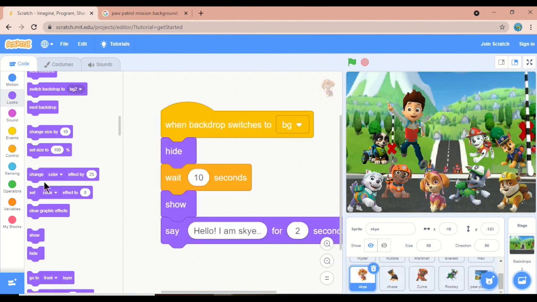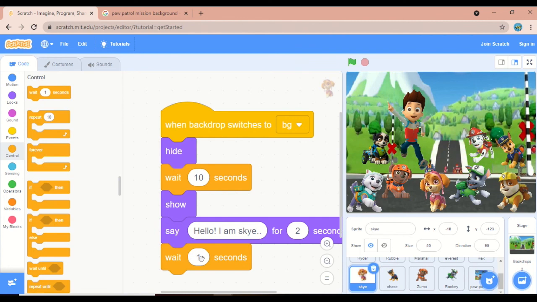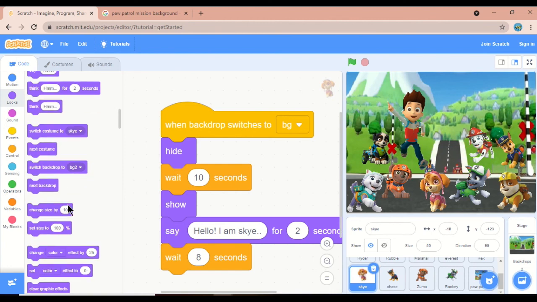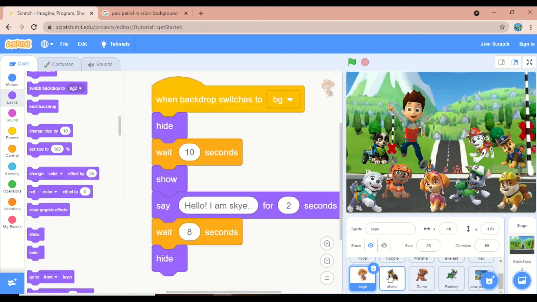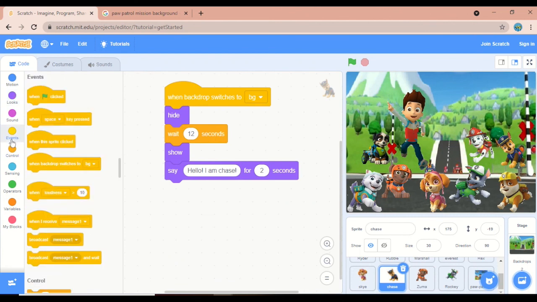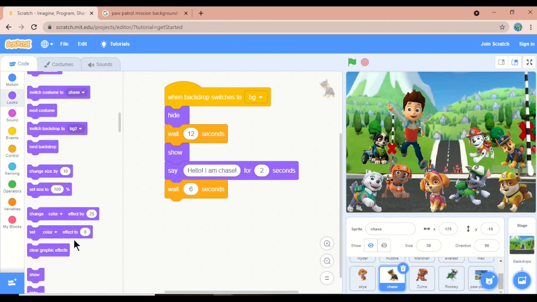Then Sky will wait 8 seconds, then hide. Chase will take 6 seconds, then will hide.